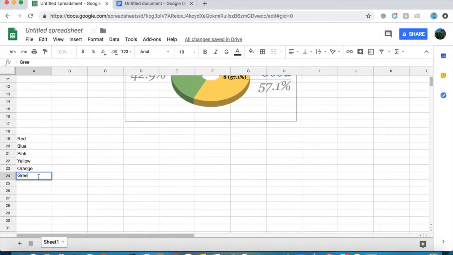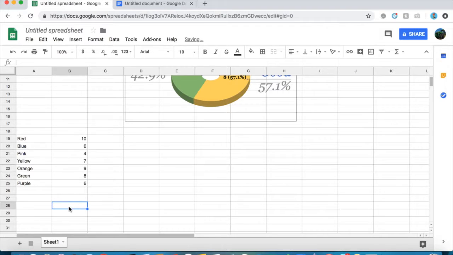You can go on for days, but let's say 7 people wanted red, 6 wanted blue, 4 wanted pink, say 7 people wanted yellow, 9 people want orange, because a lot of people like orange apparently. Green, probably a solid 7 or 8, so I'll give it an 8. Purple, 6. So now, all you do, click on this, drag it all the way down, insert,